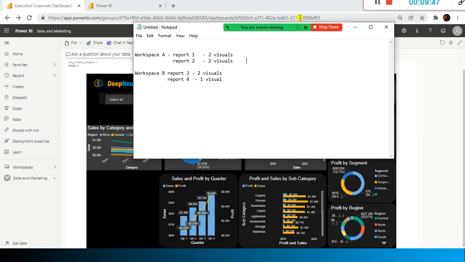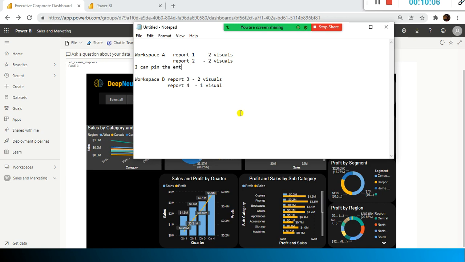But I cannot use the other workspace. So from one workspace to another workspace, I cannot use the visuals. You cannot do it.